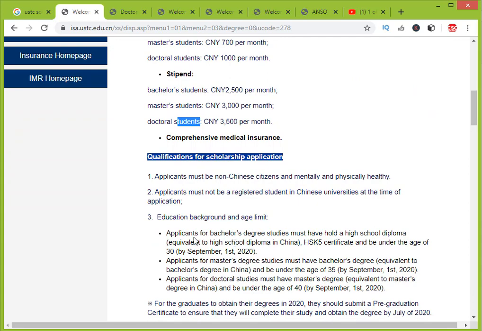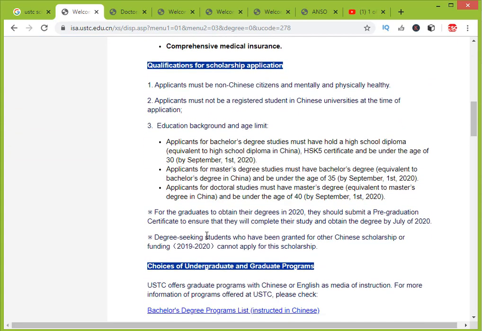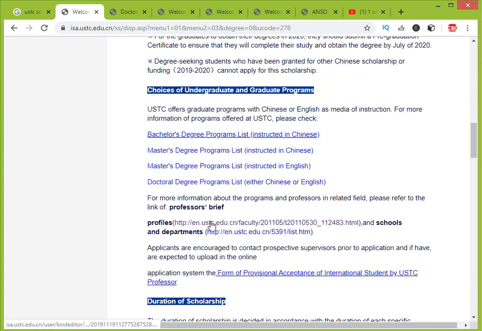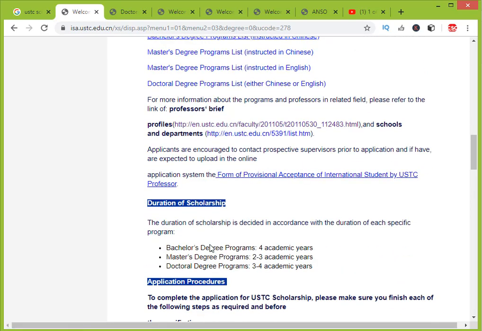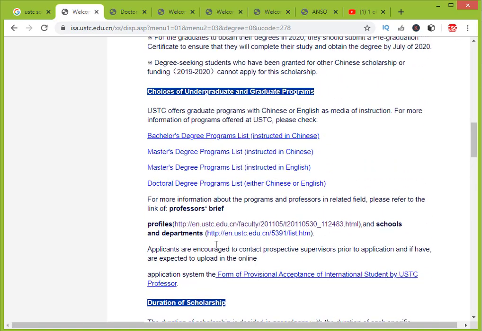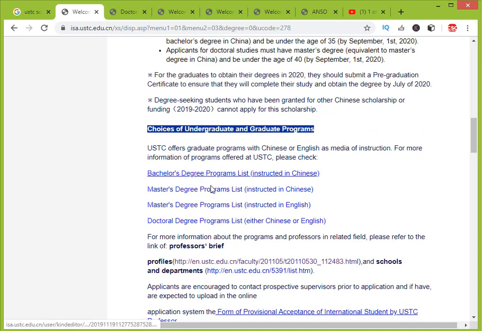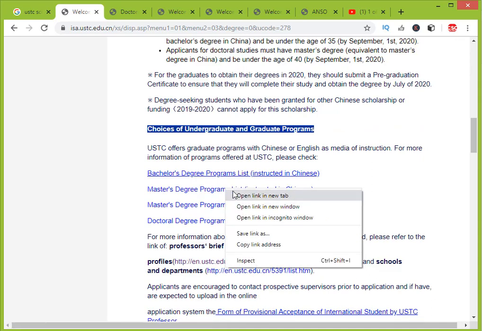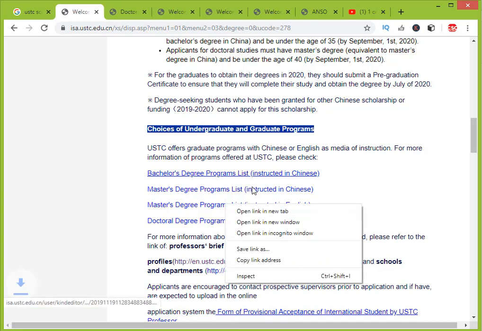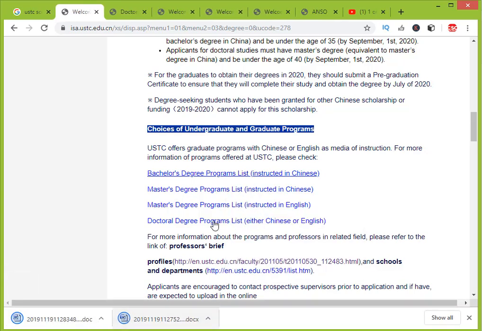So now come to the university procedure, but before this I will tell you something. You can check your programs and majors: master programs in English, master programs in Chinese, and PhD programs in English or Chinese.